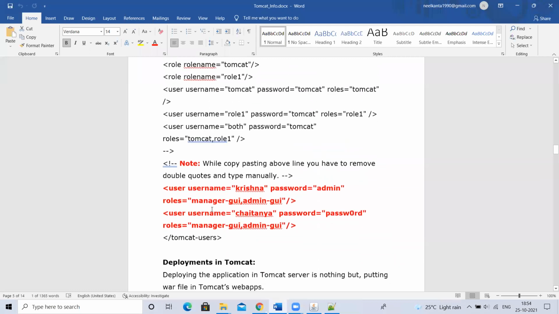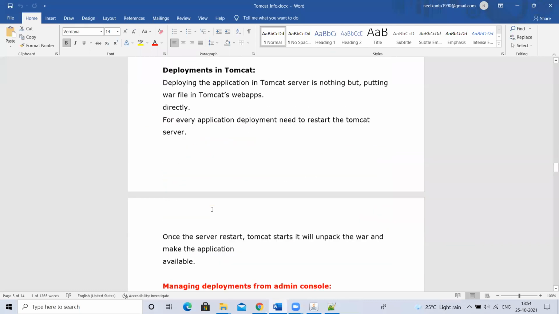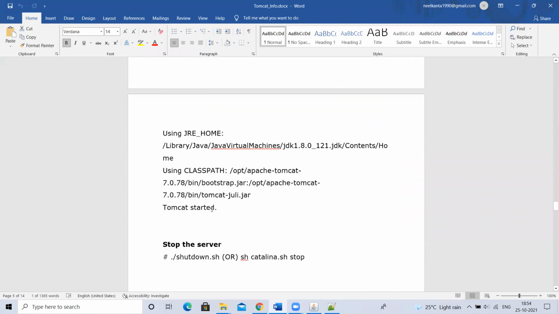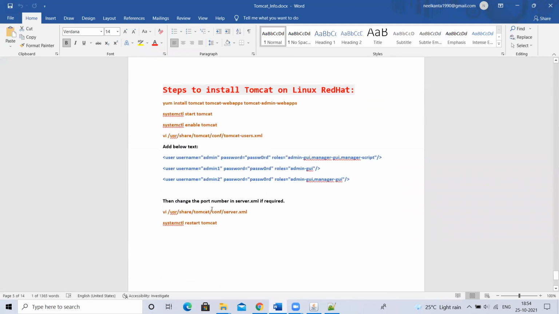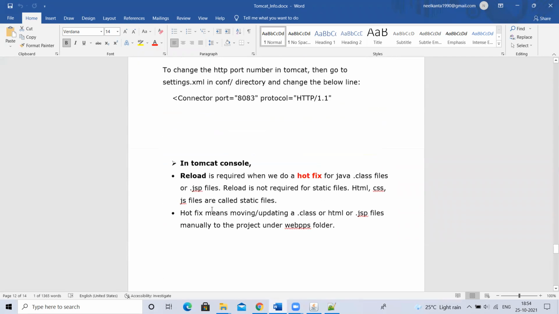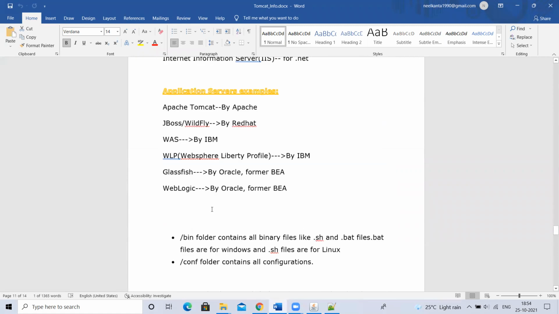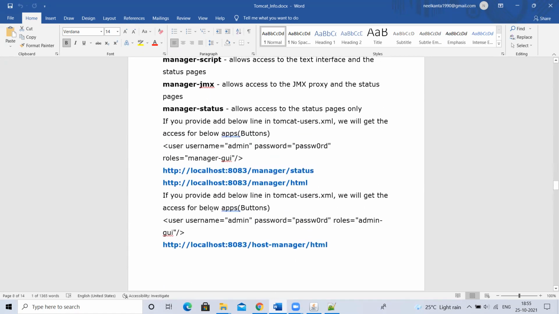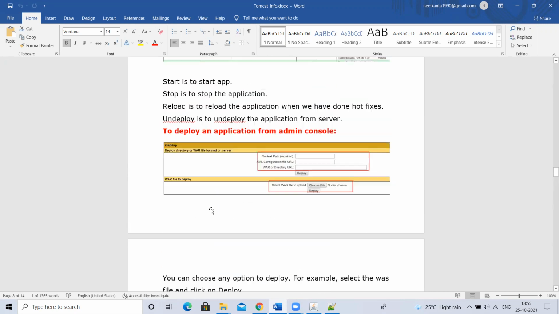Let me show you a few names. I have noted them somewhere. Here.